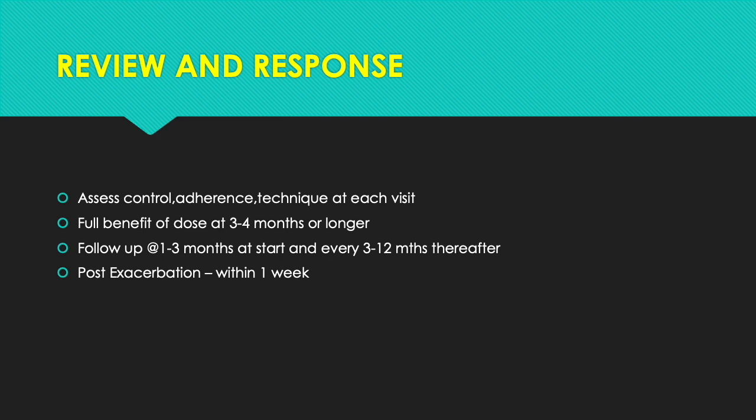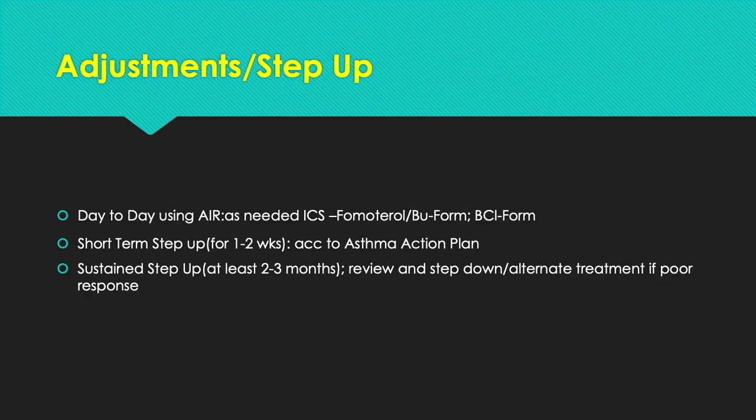The answer is 3 to 4 months of therapy, but review for an exacerbation within a week and regular follow-up at 1 to 3 months of therapy. That's very important. And this is the time where you would either step him up or step him down. So day-to-day patient can vary his anti-inflammatory reliever therapy as SOS. Short-term step up he can do according to asthma action plan when he sees deterioration, and a sustained step up for at least up to 3 months to be done